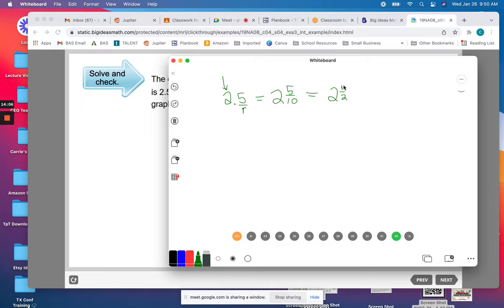Then the last thing to do is make this improper, and you do that by multiplying this times this and adding the 1. 2 times 2 plus 1 is? 5. 5 over 2. It is highly important that you understand how to do this. Okay, so now that we have the slope as 5 halves,